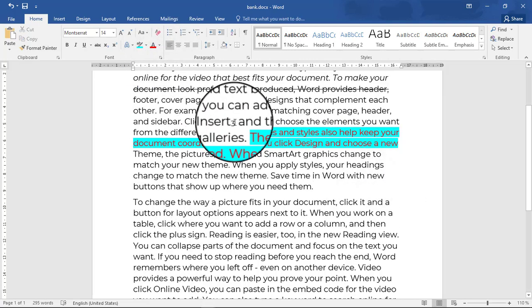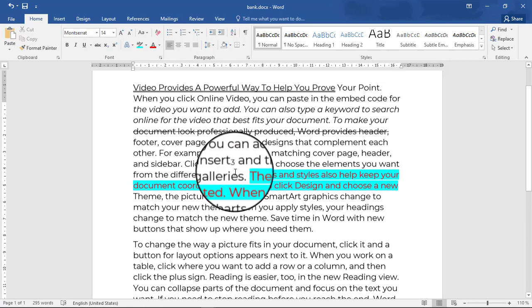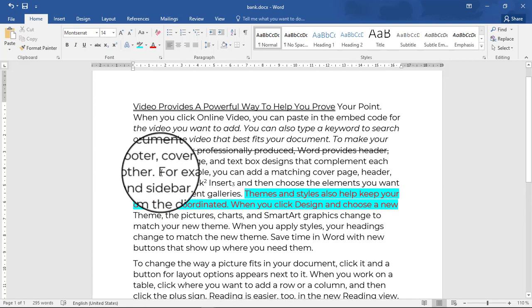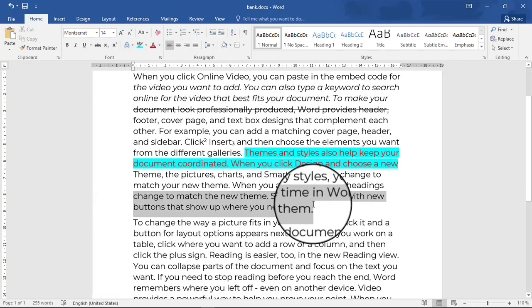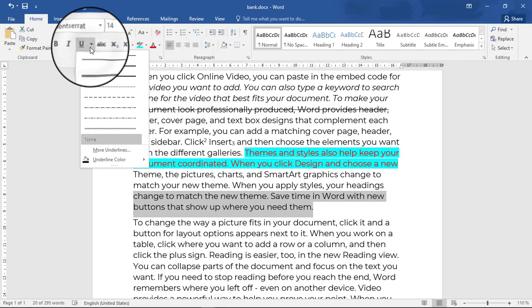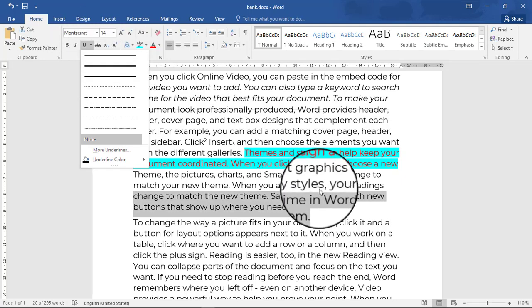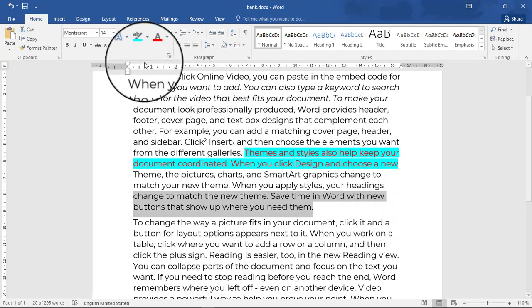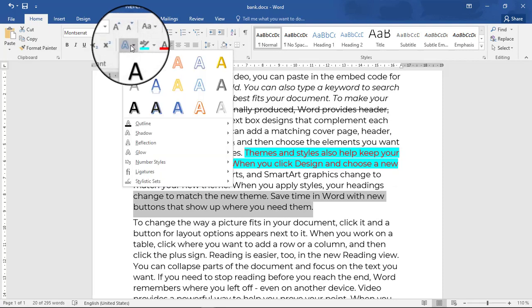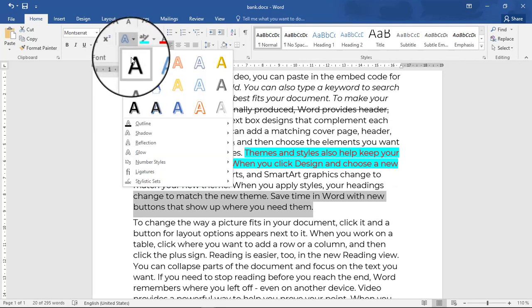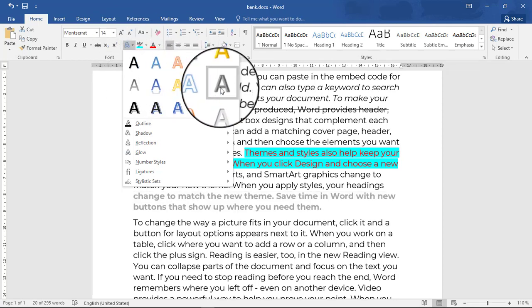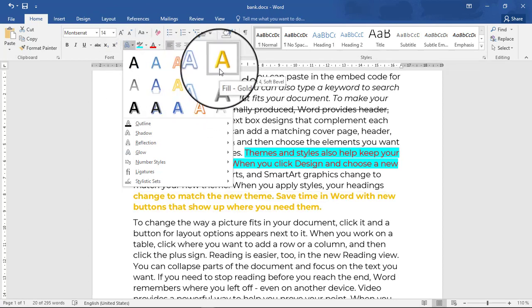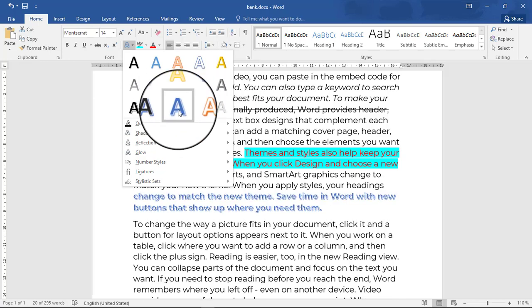Now next thing is the underlining of the words. You just have to highlight what you want to underline, then you underline them. Another thing is changing the what? Styles of text. Are you seeing those stylings here? These are the stylings by default. If you want to change them, if at all I want this one, you just come there and you change.